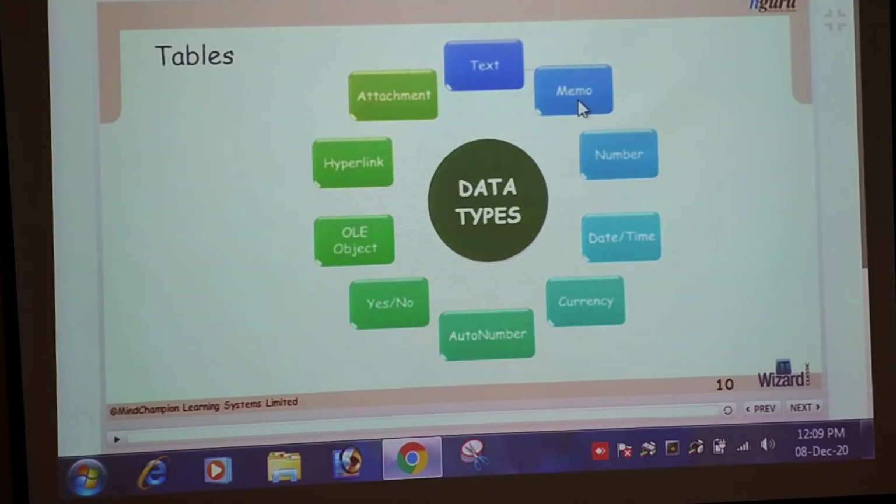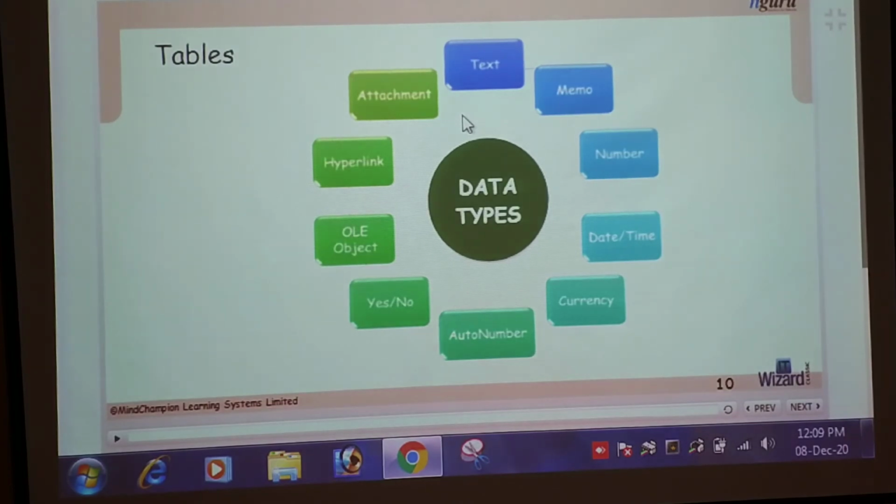And the last one is hyperlink. The hyperlink data type stores hyperlinks, such as the URL address of a website. And the attachment data type is used to attach files. So in Microsoft Access, there are different types of data types supported.